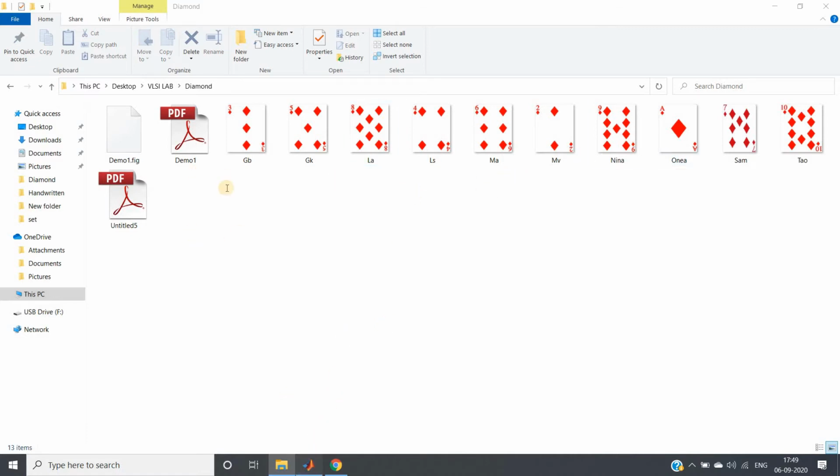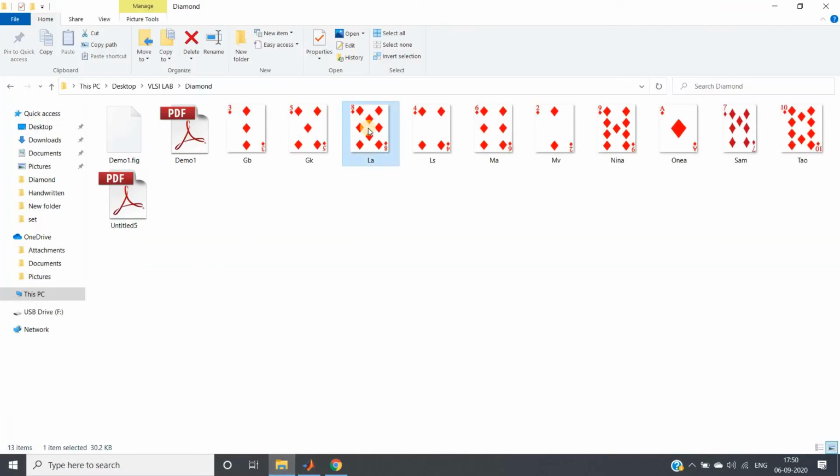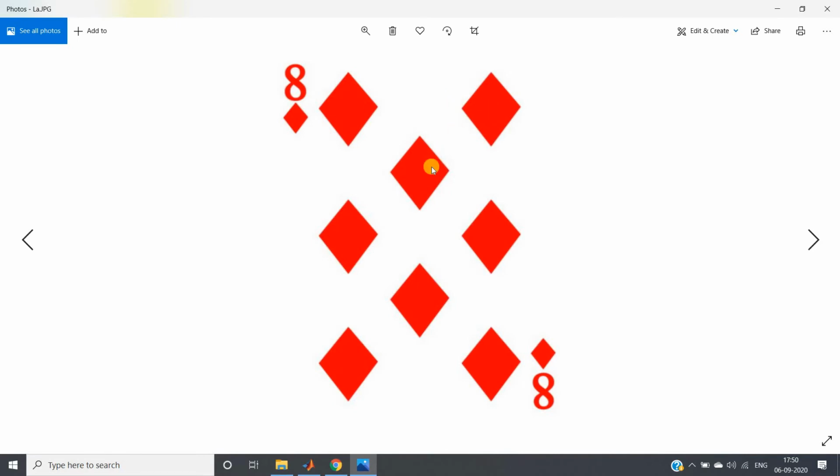Before going to that, let me show you the code which we have used earlier. First of all, we have read the image, then converted it from RGB to gray, then converted to a binary image. After conversion to binary, the object is black and the background is white, but generally in binary image processing we take the object as white and background as black, so I am complementing that. Then I need to detect these bigger diamonds.